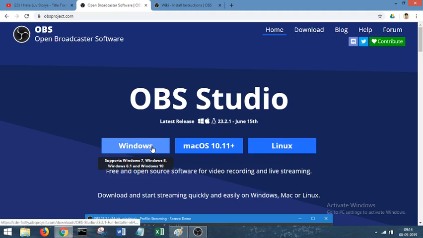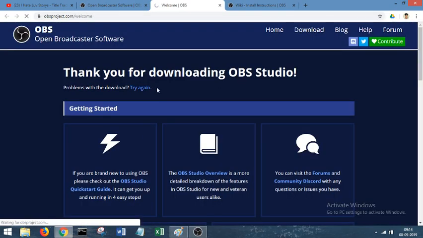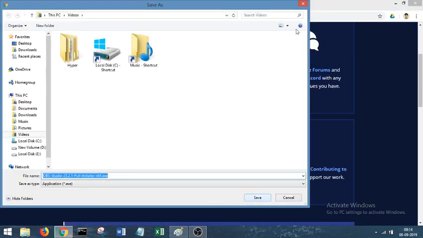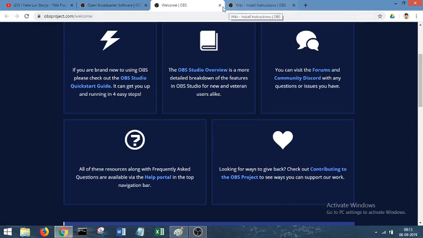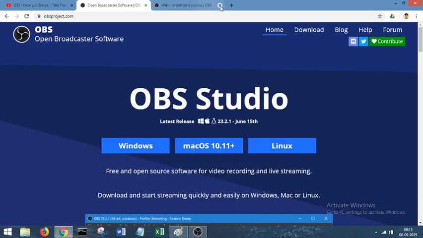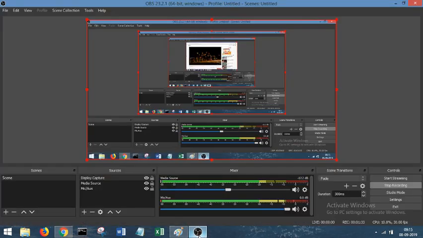I have already installed this file. When you click on the Windows version, you will pick the file and save it. I have already downloaded it in the D folder, and this is my installer file. Once the file is downloaded, I will double click and run it, and after clicking next, which you guys are already aware about, you will be able to open the screen. So as you can see, this is OBS Studio,